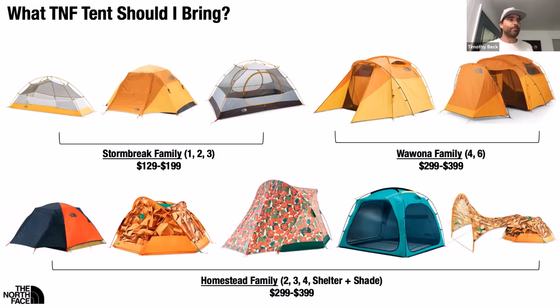So, and then on the right, we have what's called the shade. We really wanted to call it the front porch because it is the front porch of a tent. Unfortunately, our legal department squashed that. But what it is, it's like this big bugle kind of attachment that goes on any of these Homestead